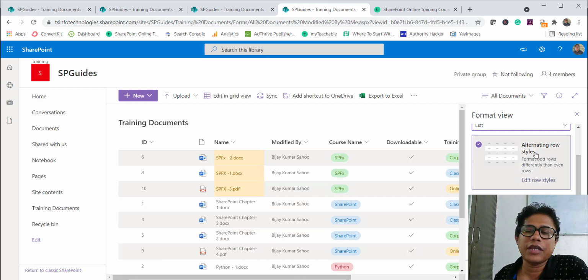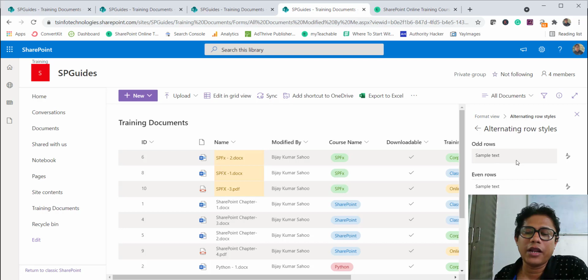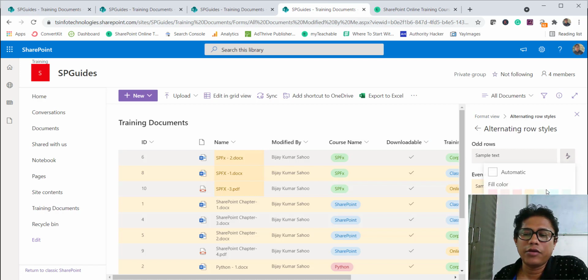In this case, you can see the alternative row style, and if you want to change the color, you can see edit row style. The odd rows will come like this, and even rows will come in blank. If you want to put a color for this, you can see your even and odd rows are coming this way. If you want to change it, you can do it like this.